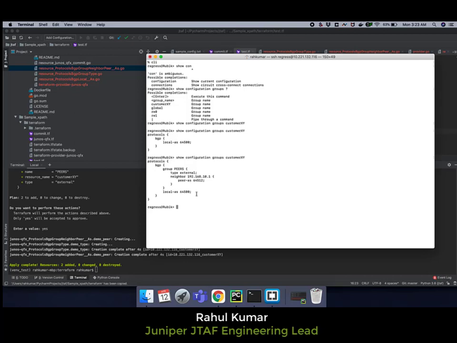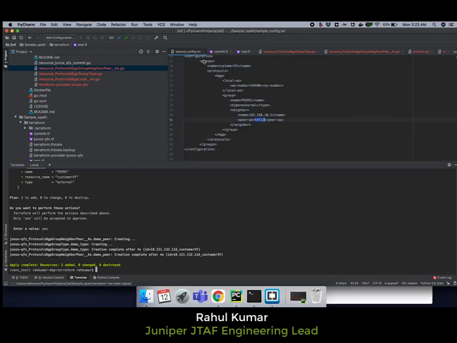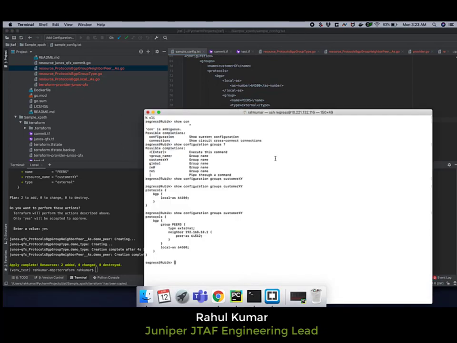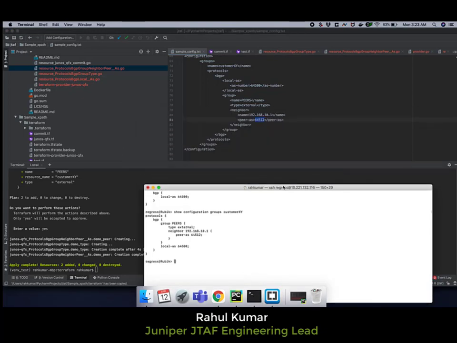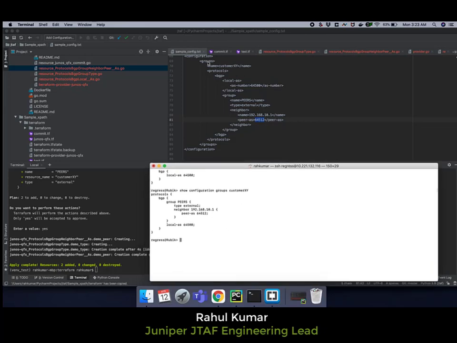This is the configuration we wanted to configure. I'll open the sample config here and minimize this. This was the configuration we wanted to configure: BGP local AS is the value, peers is there, type external. So we have successfully configured it on the device.